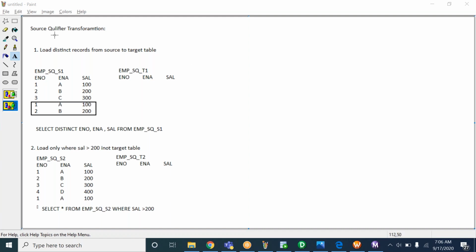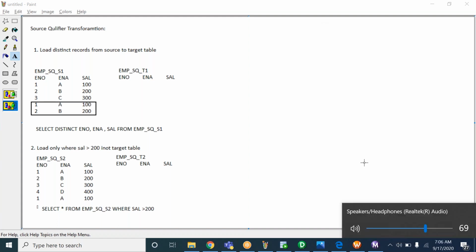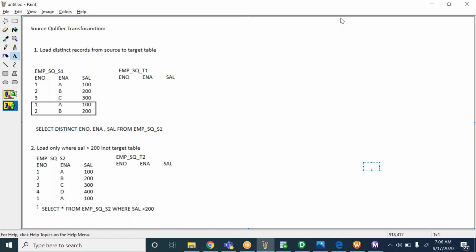Okay, next. I have one doubt actually. The idea behind this is we have to copy the data from the source to the target table, right? And this situation comes up where we have to apply two different queries on the same source table and get the result in the target table. Does that mean we have to create a different target table for the same source table, or do the source and target tables keep changing like that?